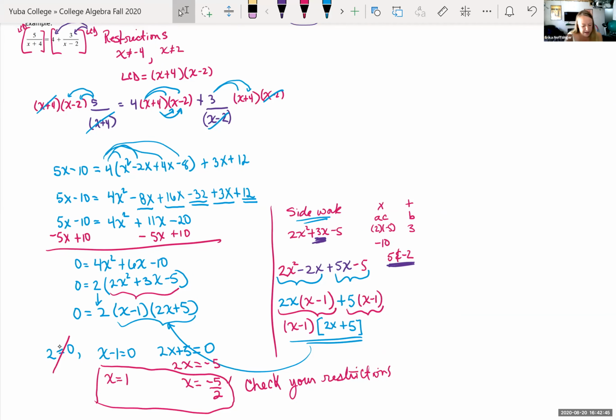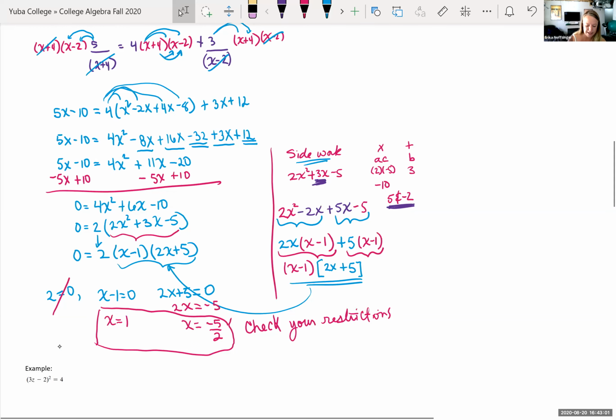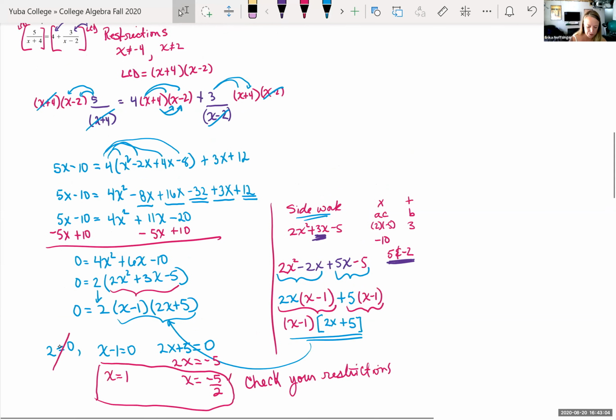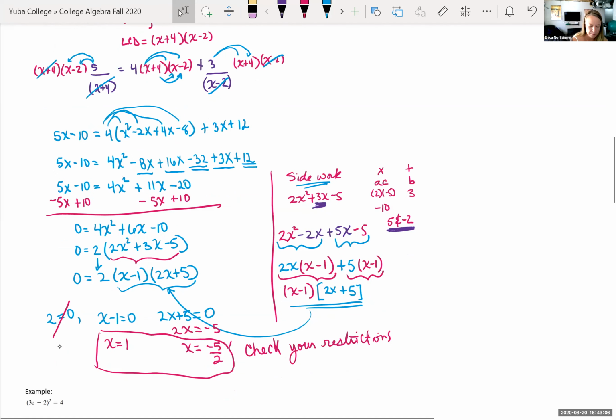Okay, so the next problem, we can kind of solve what we were doing here and expand things, get everything to one side, and then try to factor it. But sometimes there's easier methods. All these methods will get you to the same place and the right solution if you're following it correctly. But notice here,